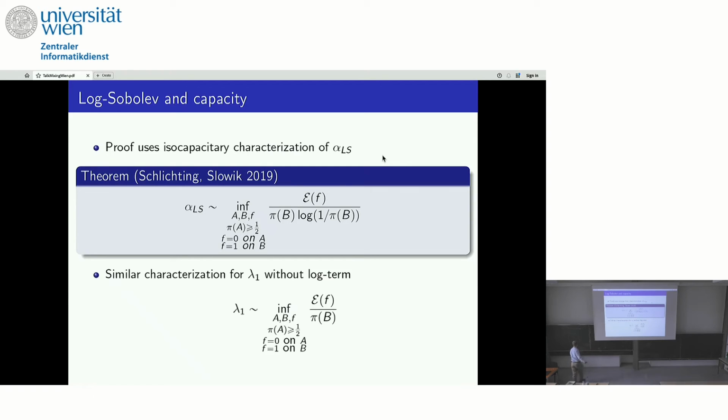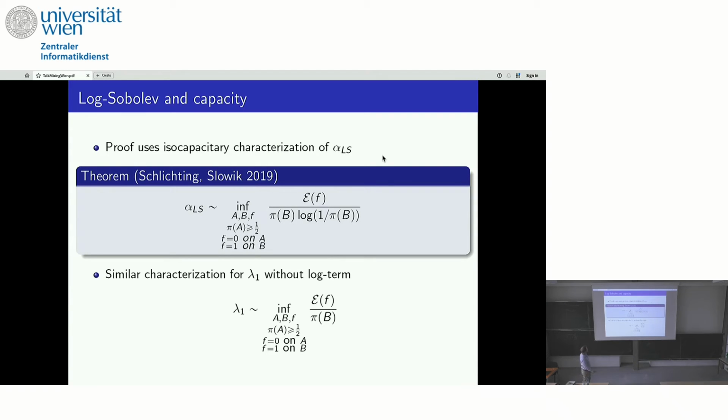So yeah, and draw another picture. We think we have like a partition into 3 pieces. The one has to be like large. Then we have some small piece, call it B. Then the function f is constant here, and here we are harmonic. And consider the energy of this, and then divide it by the measure of the smaller set. And we also have this logarithm term, which basically makes it log Sobolev. If you skip this logarithm term, you just get the spectral gap again.